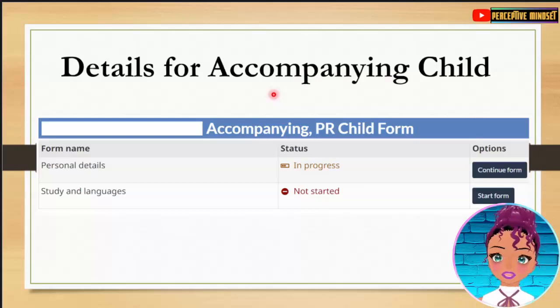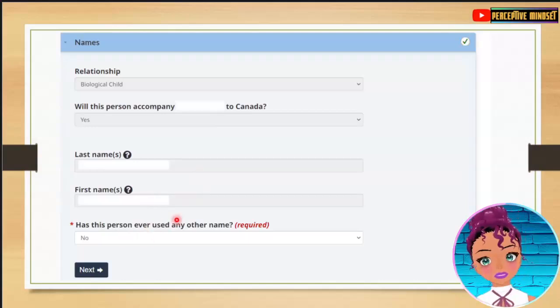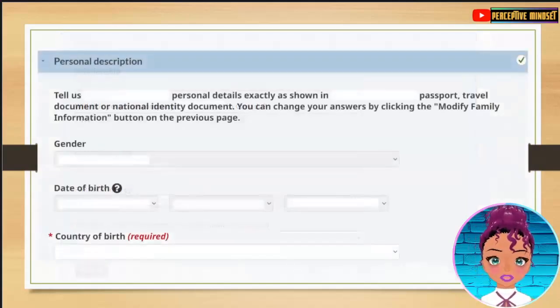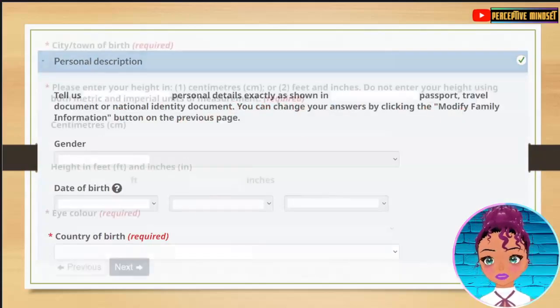Next, it takes you to the details for the accompanying child, if you have one or more included on your application. And for the kids who are minors especially, not much is required. So it's their personal details and their study and languages. That's it. So for the kids, this is what you will see. The relationship. Will this child accompany you to Canada? Last name, first name. Has this person ever used any other name? And then personal description. Tell us about the details shown in the passport: gender, date of birth, country of birth,